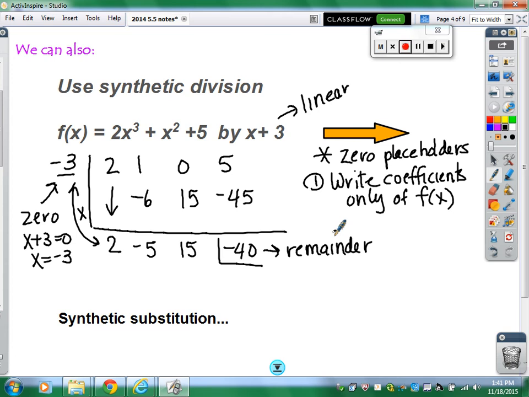Now, since this was x cubed, my degree here was cubed, and I divided by an x, that means I'm down to an x squared. This is going to be a quadratic. So every time you take out an x, you go down a degree because you're dividing by x. X to the third divided by x is x squared. So when I convert this back to a polynomial,